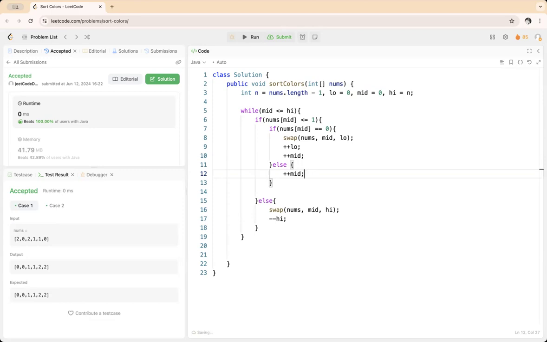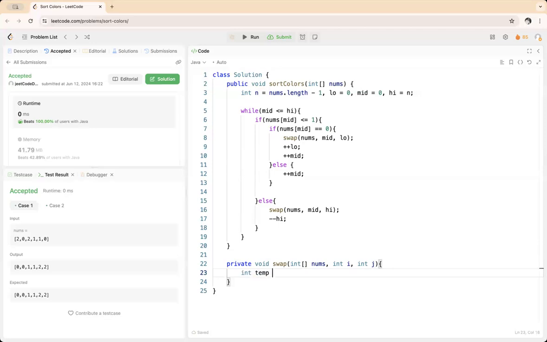So this will take care of that. So the only thing that remains now is the logic for the swap, which is easy to do. So we'll take this private void swap and array nums and i and j